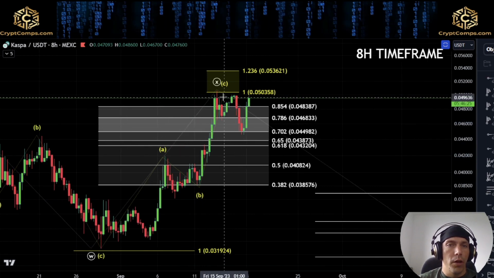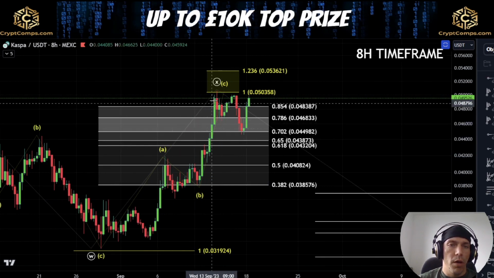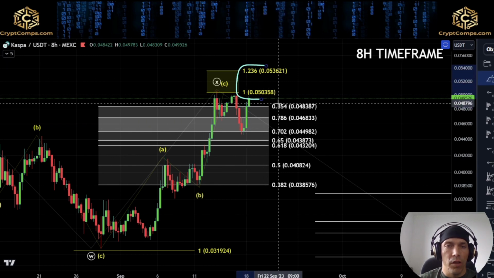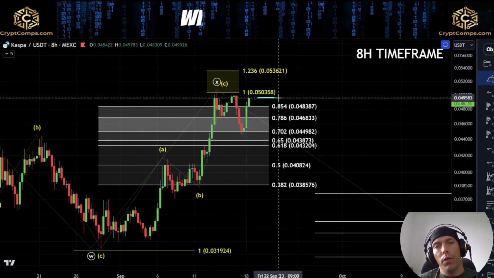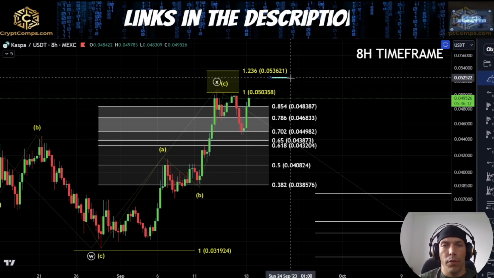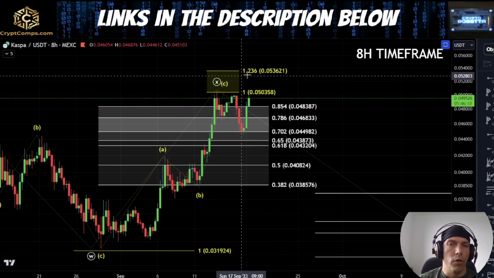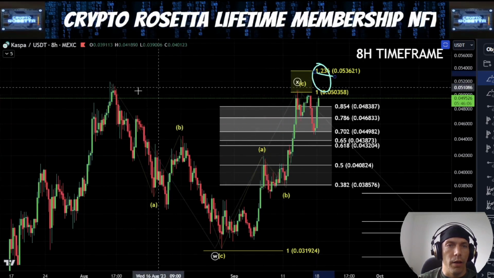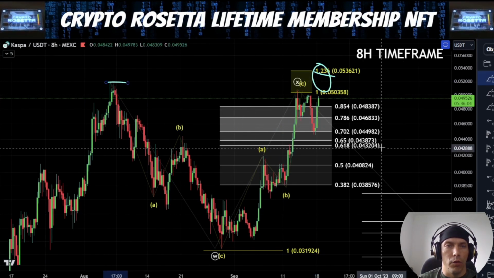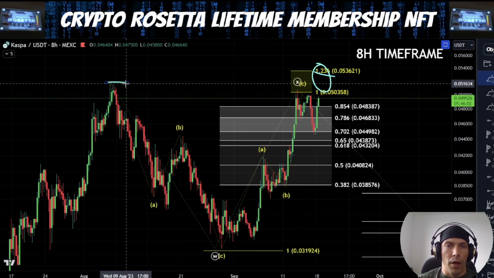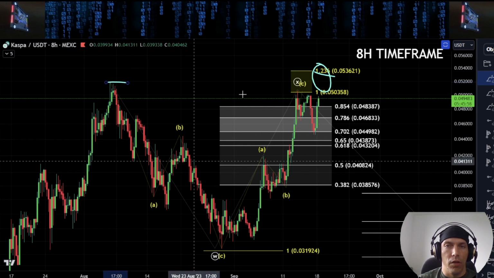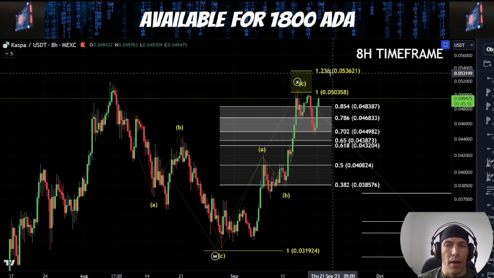The most common target area here for a C wave, based off of this being an A wave, would be between this 1 and this 1.236, which would be this 50358 to this 53621. So if we do see a move up into this zone, I'm going to be watching this, particularly this higher level of this 1.236 could be quite interesting, as it would be moving back above this high. But we also need to just watch this high at this 51910 as a potential reaction zone, and then potentially looking for a rejection.